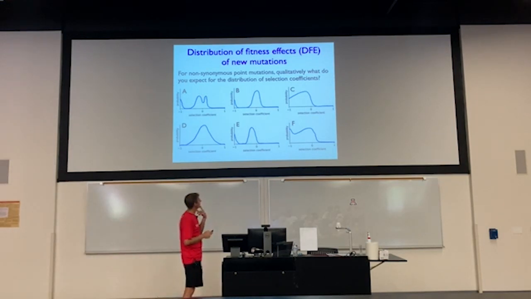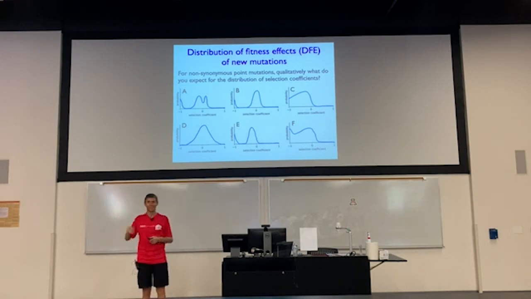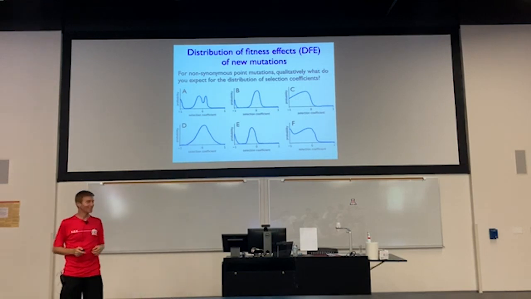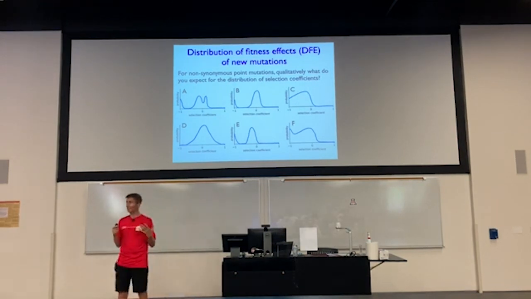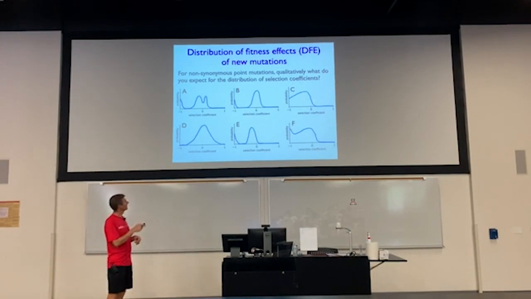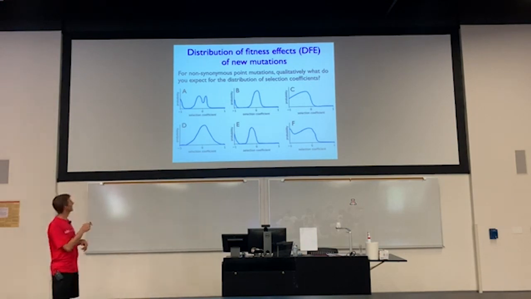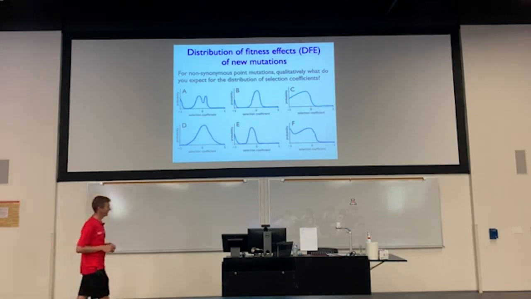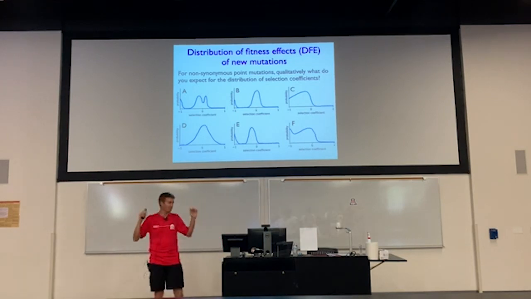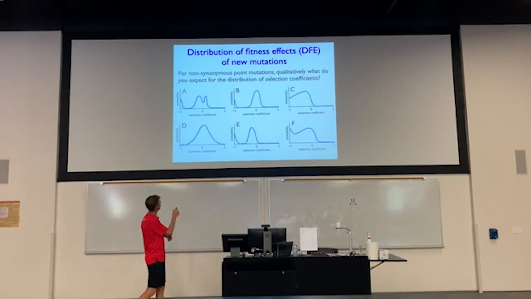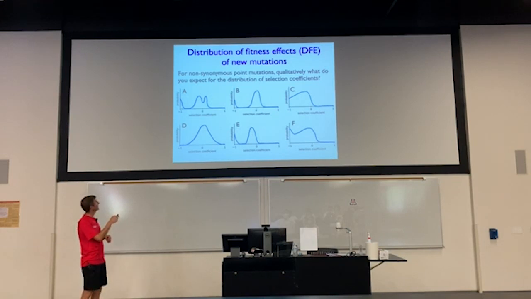That leaves us a few more possibilities. Anyone say C or F? Okay. This is a little bit harder to eliminate. These also tend not to be what we find in experiments. We actually tend to find a bimodal distribution, where there are some mutations that have modest effects, and some mutations that are really bad. It turns out things tend to look like A or B more. Mutations either tend to have modest effects or they totally screw up the organism. And between A and E, empirically we don't see this sort of double hump here. We do see something more like